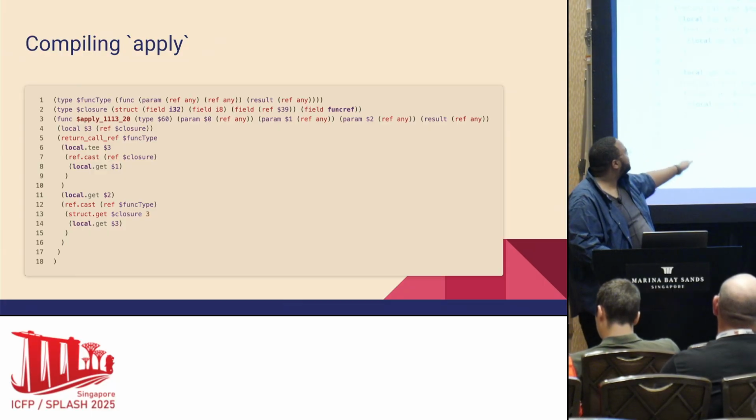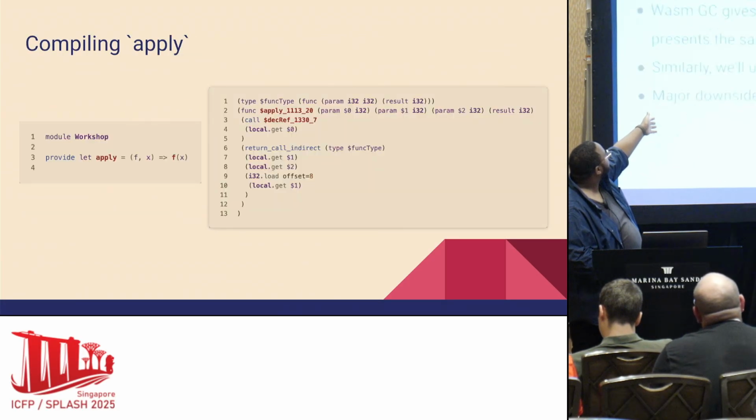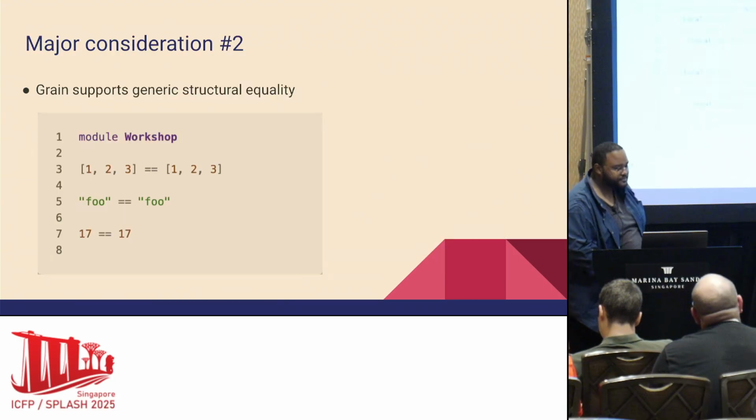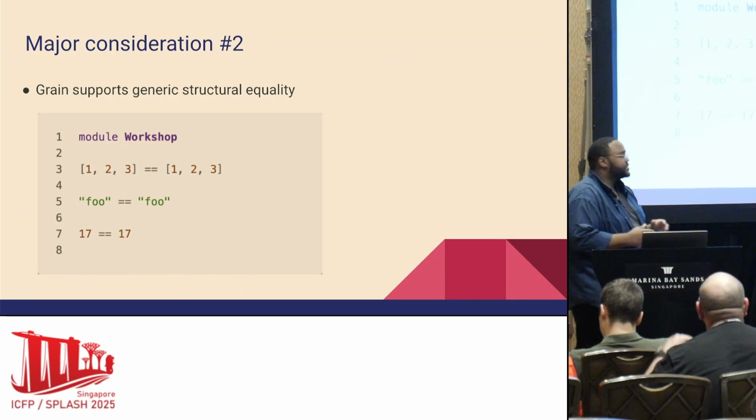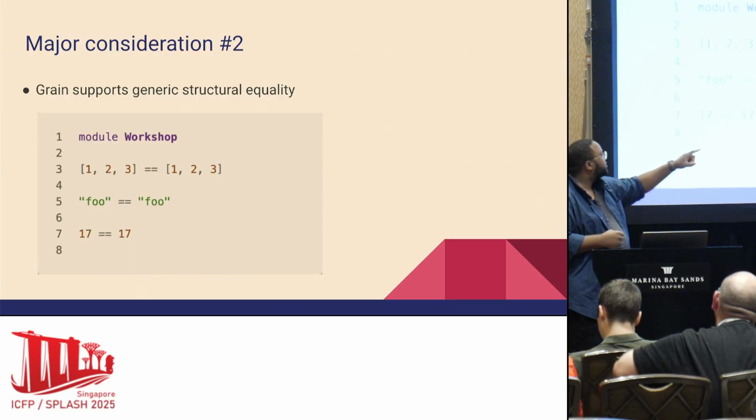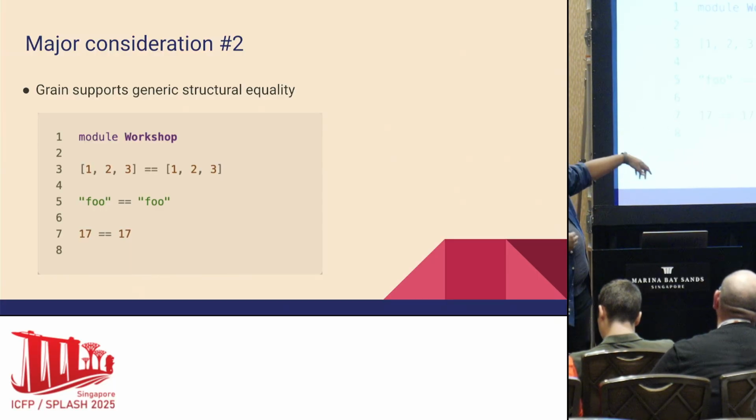So that's actually not too bad. That's not too different than this right here. Second major consideration: Grain supports generic structural equality. So we want to be able to have one equality function that can compare a list of things, compare strings,